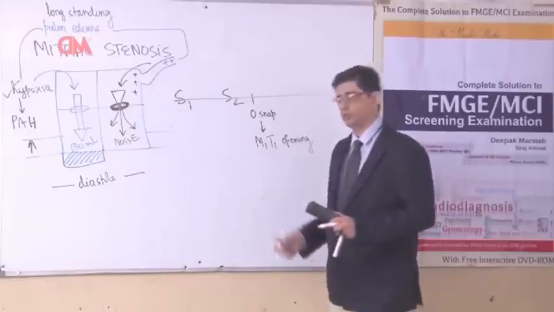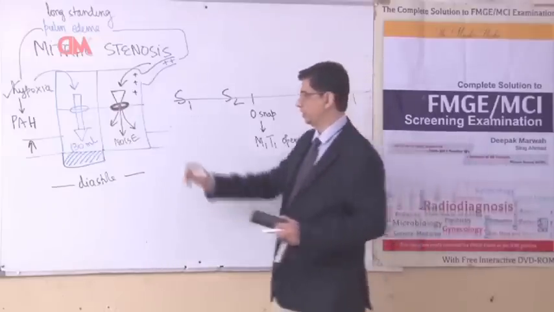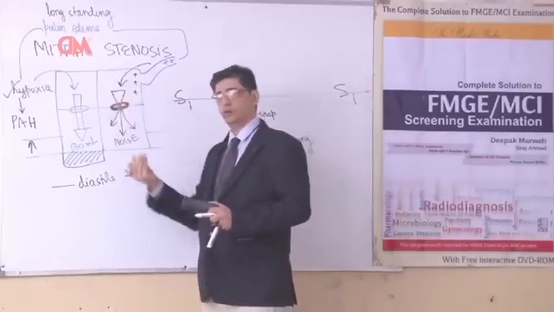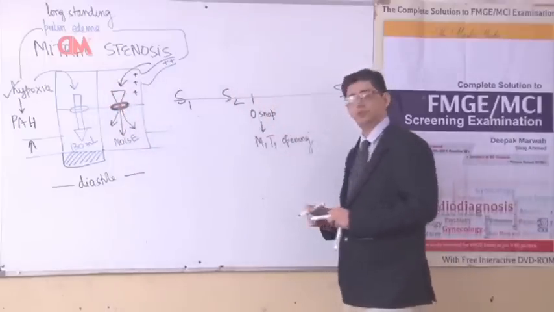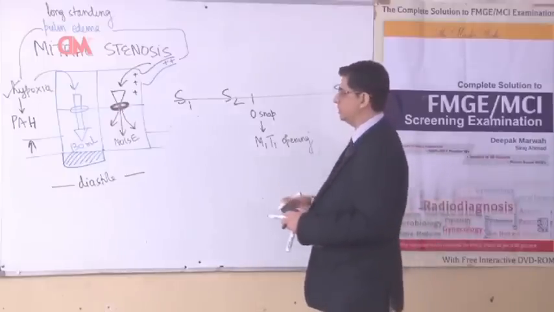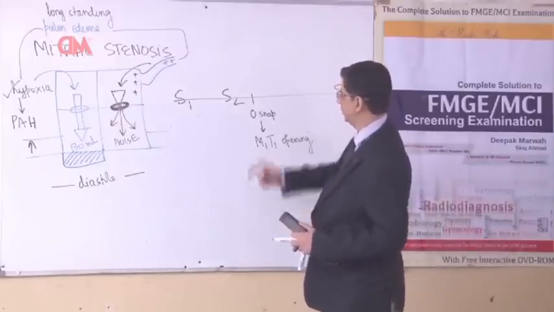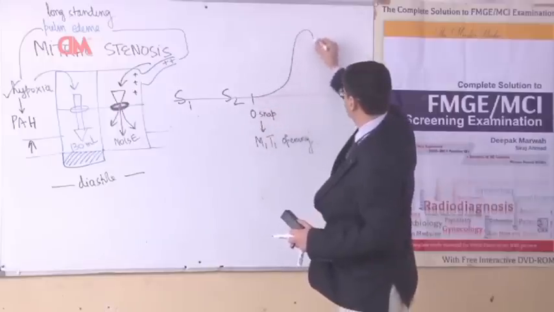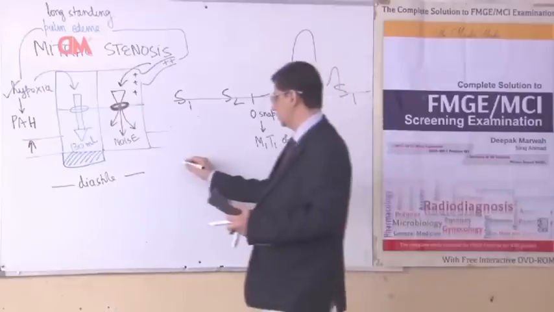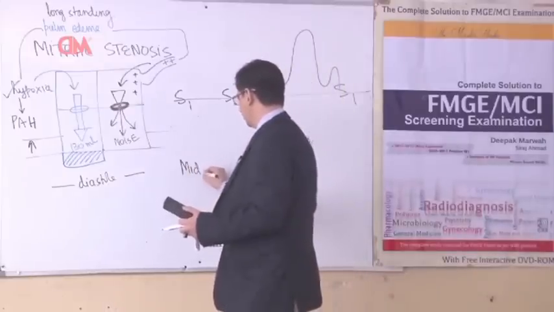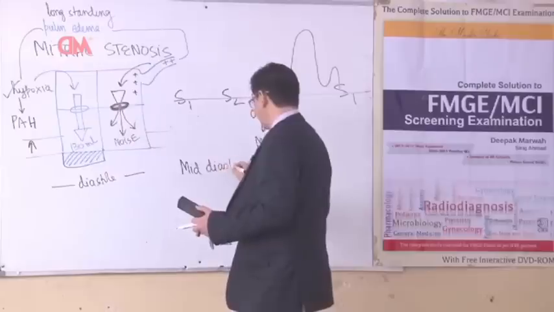In most patients of mitral stenosis, because the pressure in the left atria is more, it will cause the valve to open with more force, so there would be a loud S1 in the patient. There would be a loud opening snap in the patient. And after the loud opening snap, the murmur that is heard in this patient would be something like this. The term used to describe this murmur that I have represented before you is called a mid-diastolic murmur.